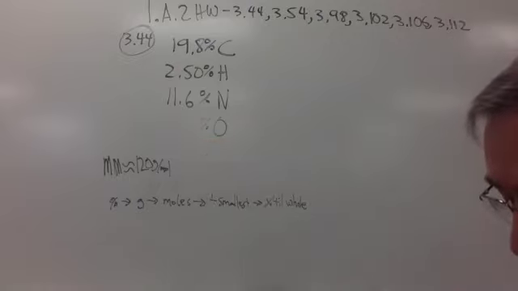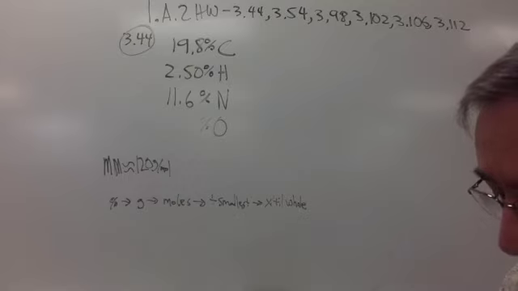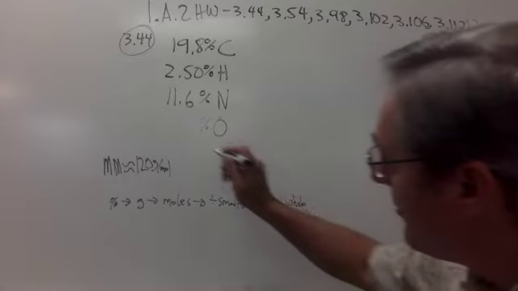So our first step is to find the percent oxygen. Now to do that, we're going to realize that carbon, hydrogen, oxygen, and nitrogen are the only four elements in this compound. So knowing the percent of the first three, we can find the percent of oxygen by simply subtracting from 100, 19.8, 2.5, and 11.6. And we get 66.1%